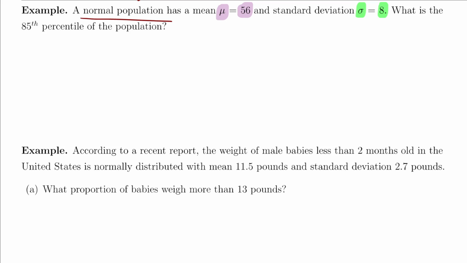Now, a percentile means if you score this, you are greater than 85% of the population. So 85% of the population scores less than you. This percentile can immediately be translated into a probability in our standard normal curve. It's saying, what does the z-score have to be such that everything before it accounts for 85% of the population? Equivalently, the area under that curve is 0.85. So whenever you're asked to